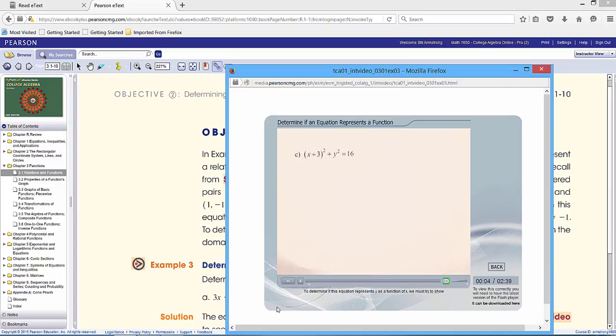To determine if this equation represents y as a function of x, we must try to show that for any value of x, there is